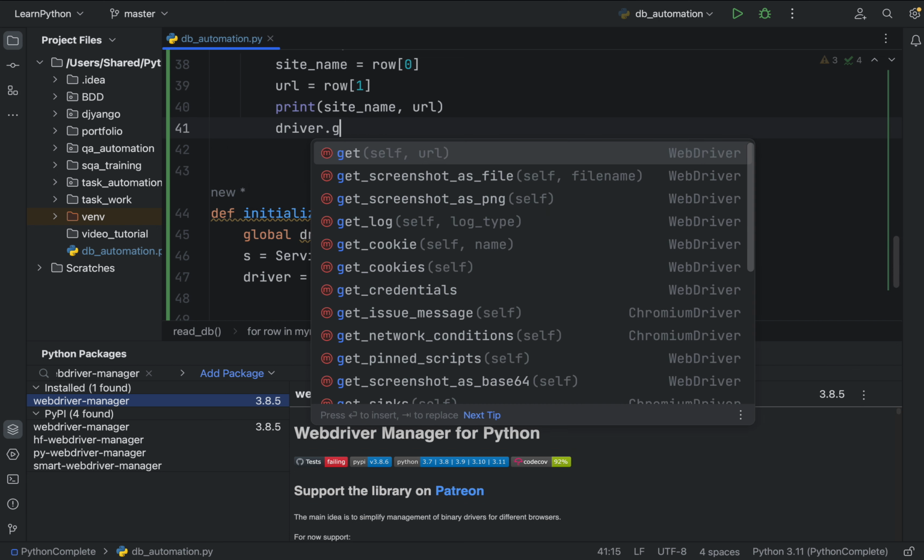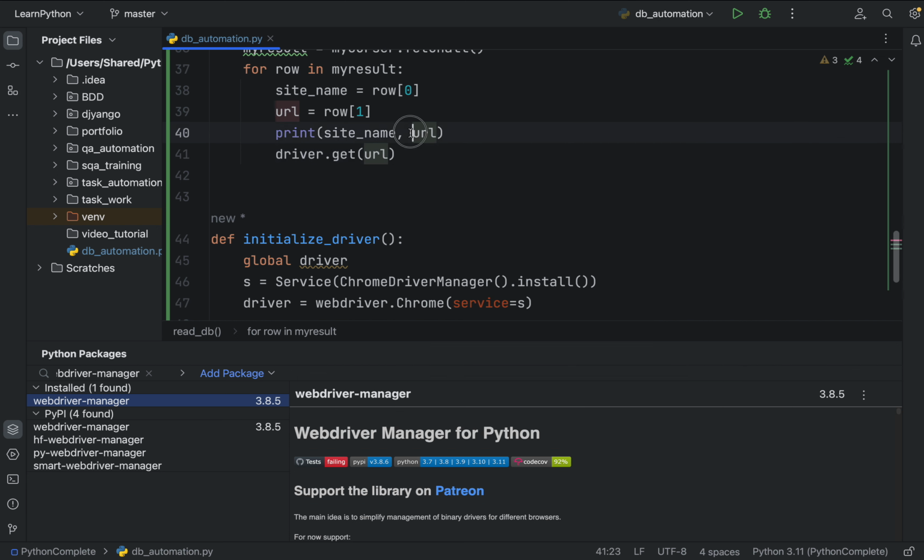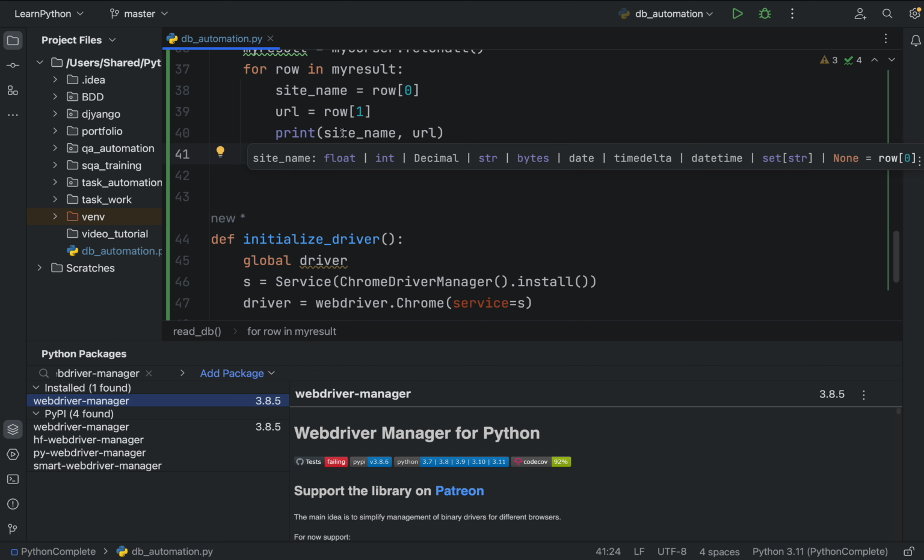Now we can use that driver here. The driver.get command will allow us to open the URL in the Chrome that we have launched here. So driver.get will be opening the URL. The URLs are already stored in these variables that were pulled from the database. Now driver.get(url) will open the URL, and to utilize this site name variable, or to confirm whether the required URLs are opened or not, we can